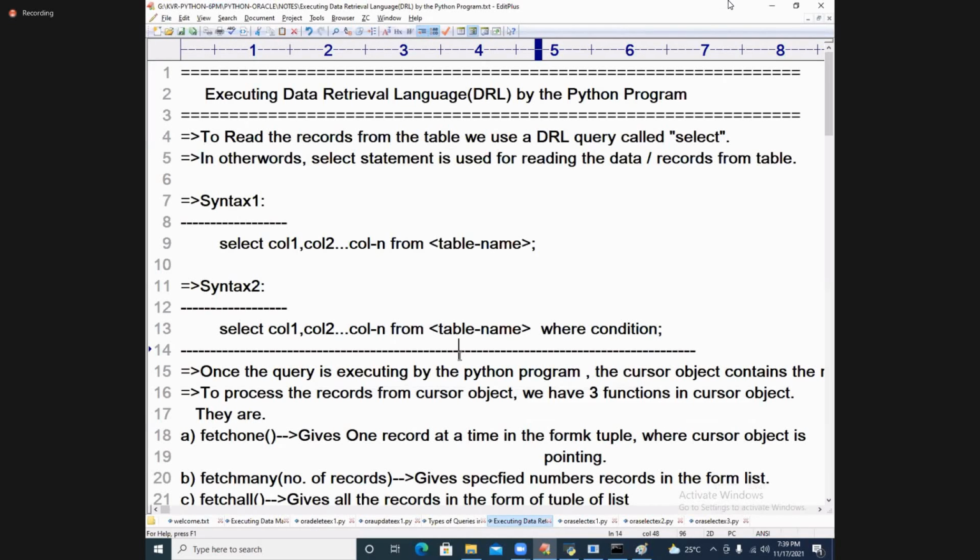MySQL is very easy. Only some small things are different. Select is same, delete is same, update is same, everything is same. We almost discussed this part over the last 4 days, and tomorrow we will enter into MySQL.